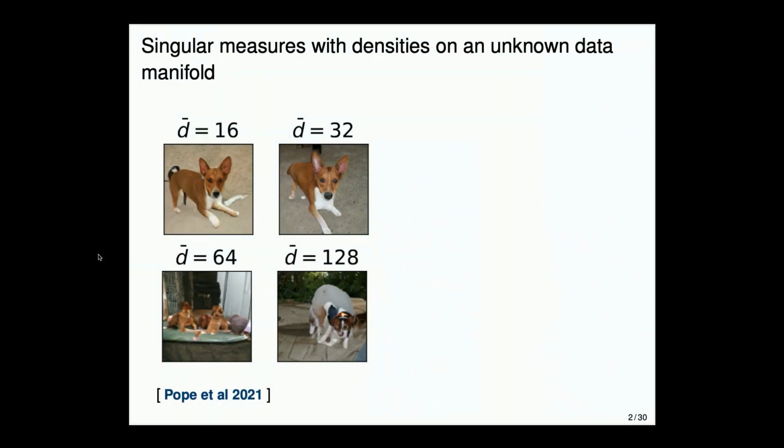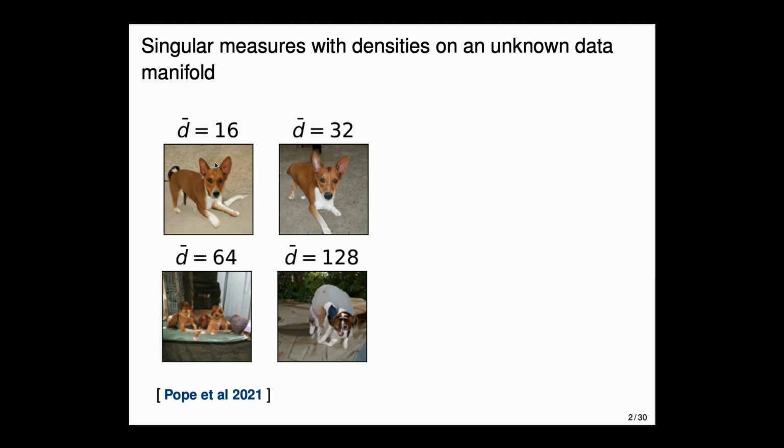So, they are absolutely continuous on some lower dimensional manifold, which seems to be a very common assumption in data science. Again, this is also from the same paper that Wenjing mentioned. Here I am showing you fixing the latent dimension of the generative model. I believe there was a GAN that was used here. This is the latent dimension. If you make the latent dimension unrealistically high, you get images that do not really look meaningful, and if it is too low, then you get some artifacts like this weird looking tail.